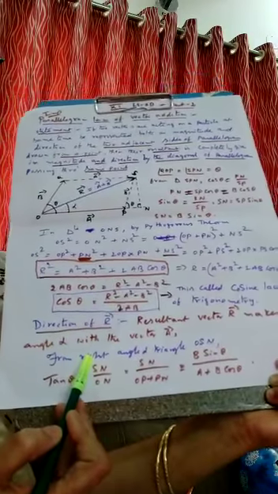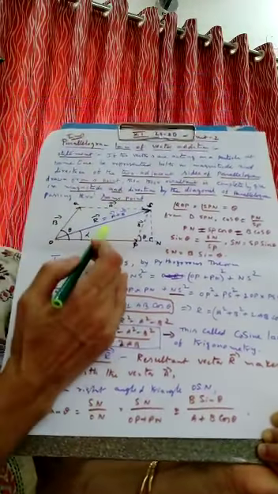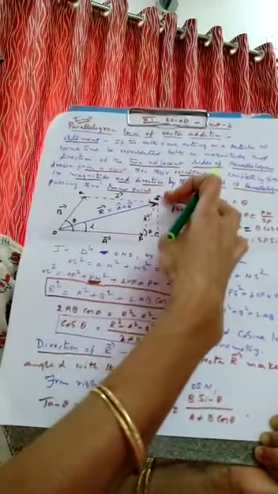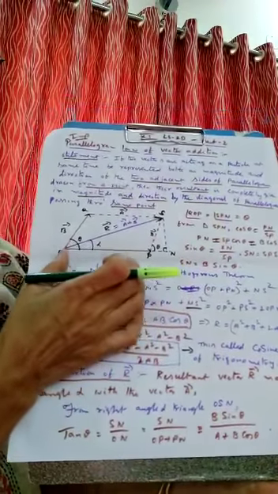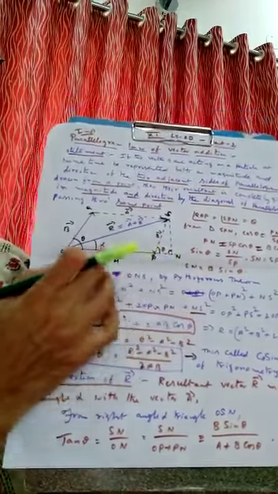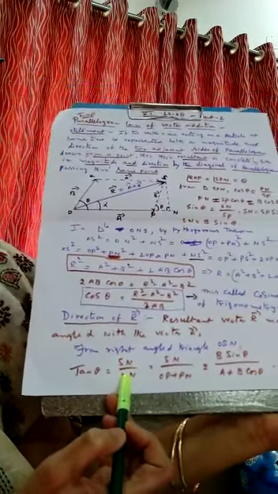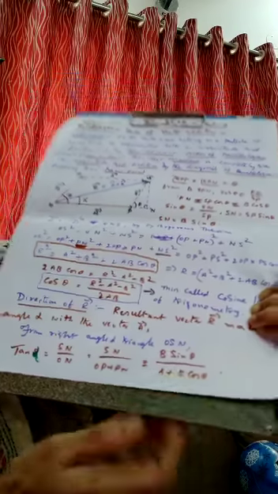How do you find the direction of that resultant vector? Tan alpha is given by perpendicular upon base. What is perpendicular? Sn upon base. What is base? On. What is On? OP plus Pn. So similarly, we write Sn upon On, tan alpha, where alpha is the direction. So tan alpha is given by Sn upon OP plus Pn. What is Sn? Just now I said B sin theta upon A plus B cos theta. So in this way we will find out the direction.